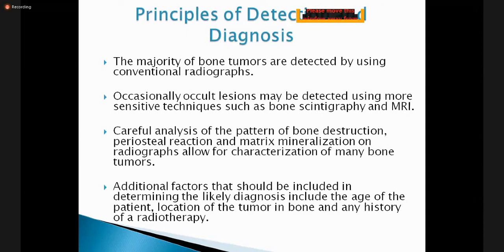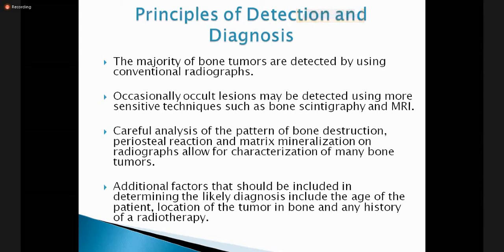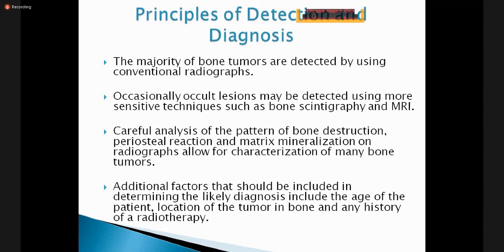Because every bone tumor causes a typical type of bone destruction, the majority are diagnosed on the conventional radiograph. Cross-sectional imaging is done for the local extent or involvement of the disease or tumor, or any vascular involvement. Plain X-ray is the first imaging modality used for the detection of the tumor.